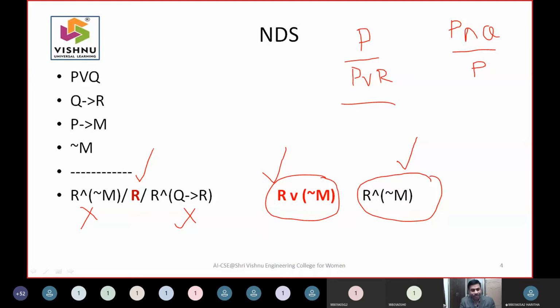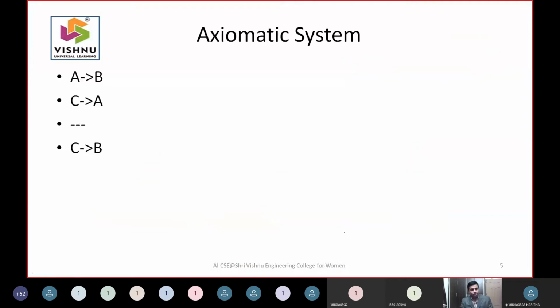My interest in taking this problem is that many times it was given in a different type of inferences, but again they are giving it for 16 marks. The question they have asked is what is NDS, and try to prove the validity of the inferences, whether they are right or wrong. This problem you have done many times in the class. So how do you apply this axiomatic system for this? What are the rules that are involved?